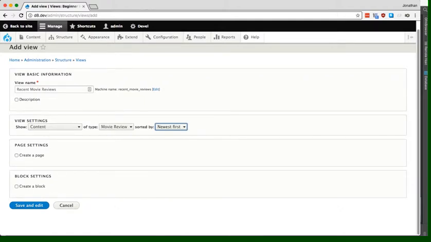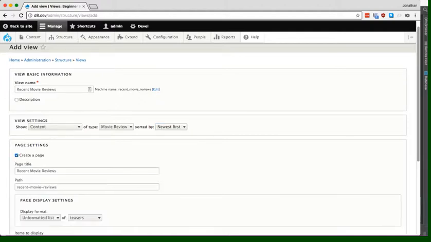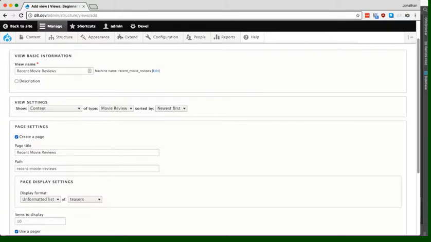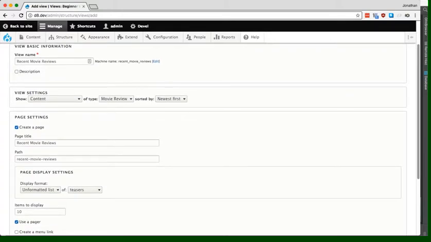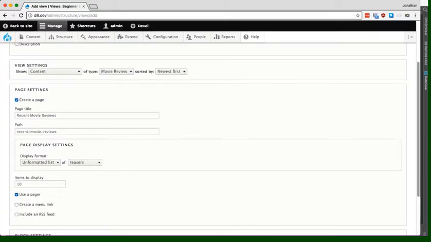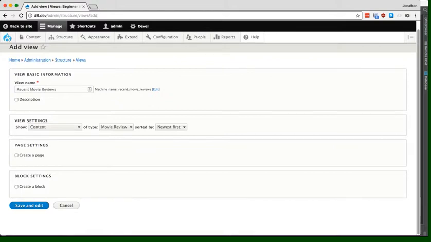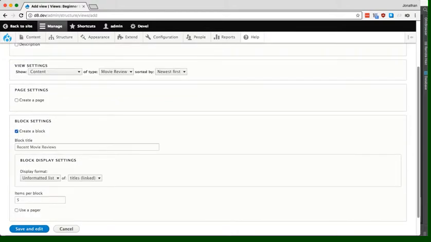So here from the wizard, you can say that you want this view to create a page, and you'll get some additional settings, as well as you can tell it to create a block. What this page and this block is in Drupal views is called a display, and we'll look at displays a little more in detail later. But just